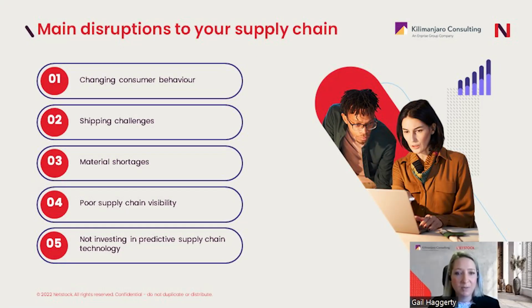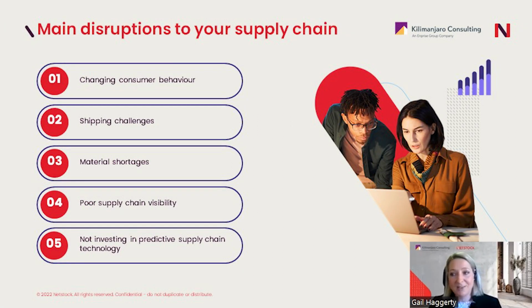The next one is poor supply chain visibility. If you can't see what's happening in your supply chain, it really is going to impact on that. So leverage technology like Netstock to gain visibility to supply chain operations, to measure inventory levels, improve fill rate, generate statistical forecasts and dynamic safety stock levels, and to monitor supplier performance. This increased visibility will quickly identify and address potential stockouts and excess before they become problematic and prevent you from meeting your customer demand.